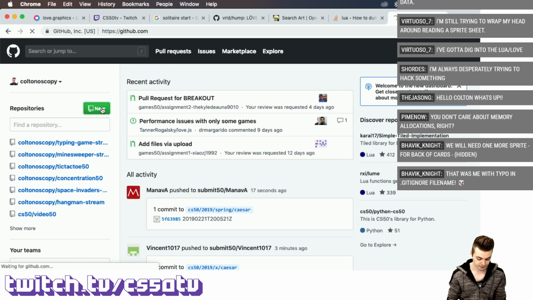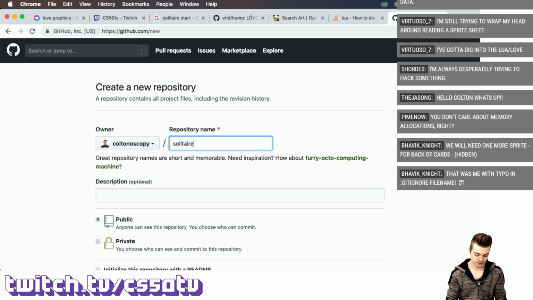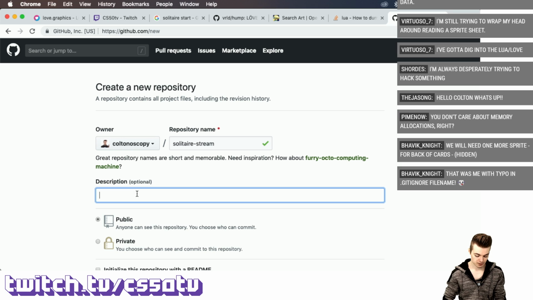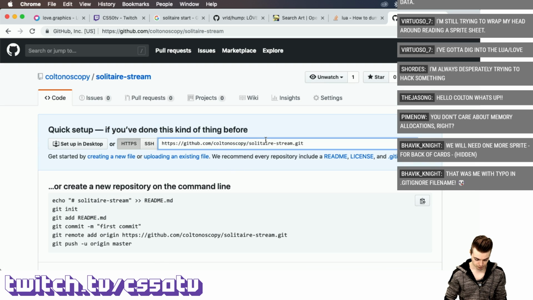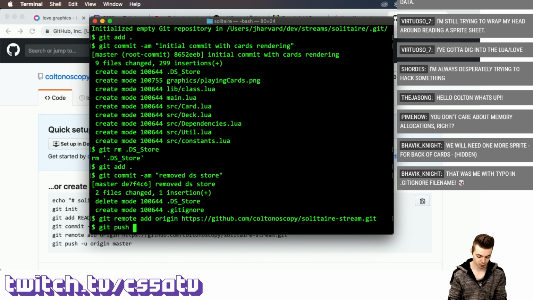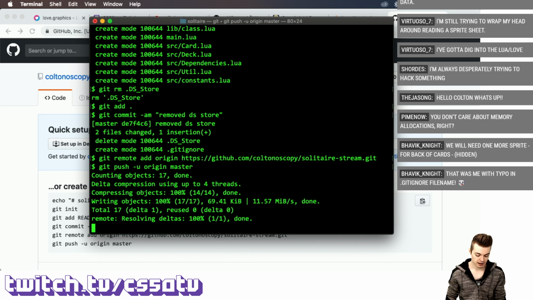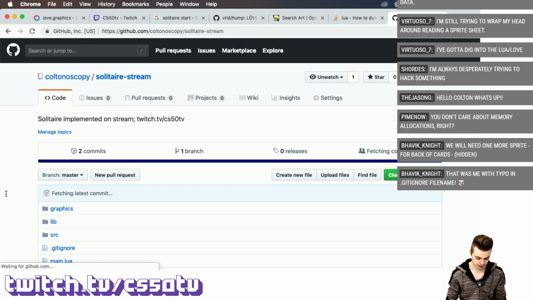If I create a new repository, GitHub is a little bit slow sometimes. It's a pretty massive website. We're going to call this Solitaire stream, like that. Solitaire implemented on stream, twitch.tv/csvideo.tv. Public, and then create repo. Going to copy this URL. Going to git remote add origin, then git push upstream origin master. And now if you go to that URL, which I will post in the chat here,